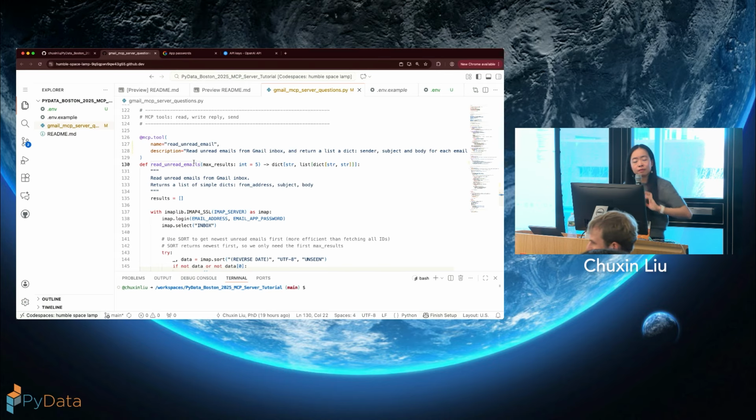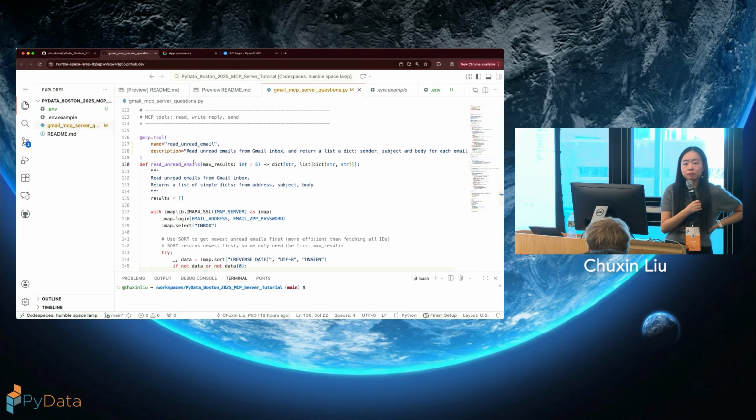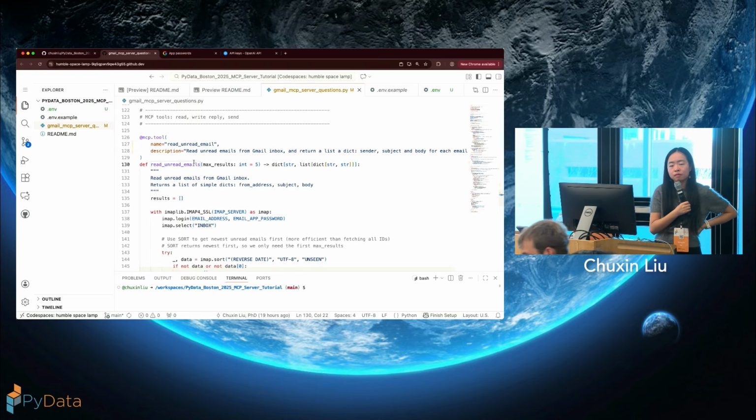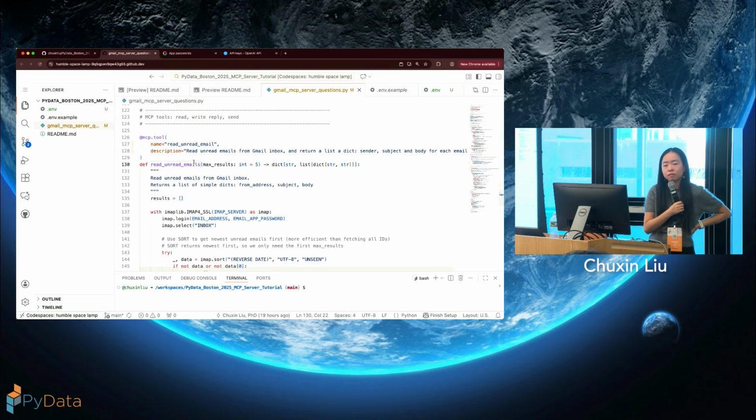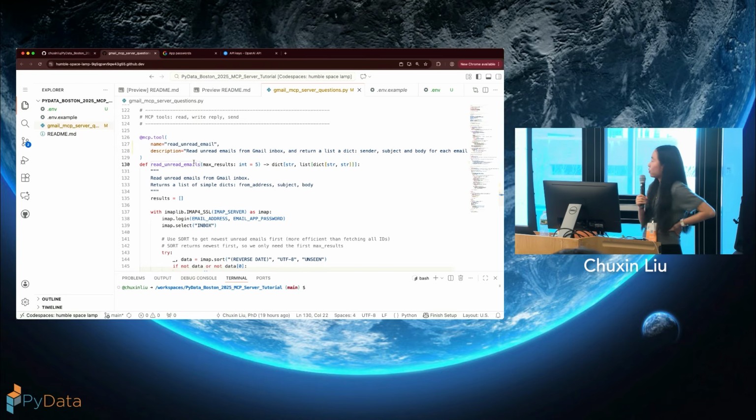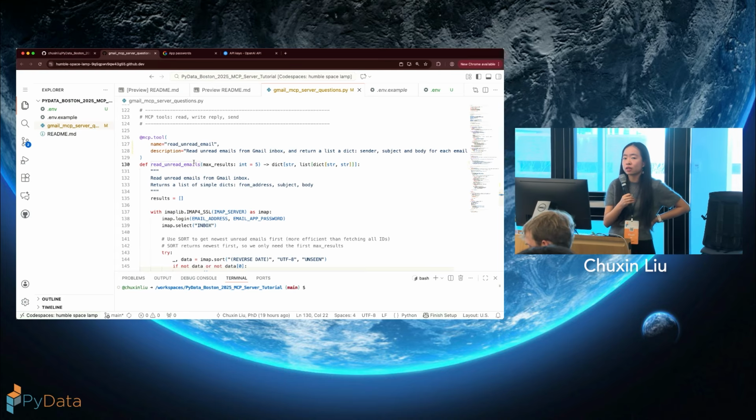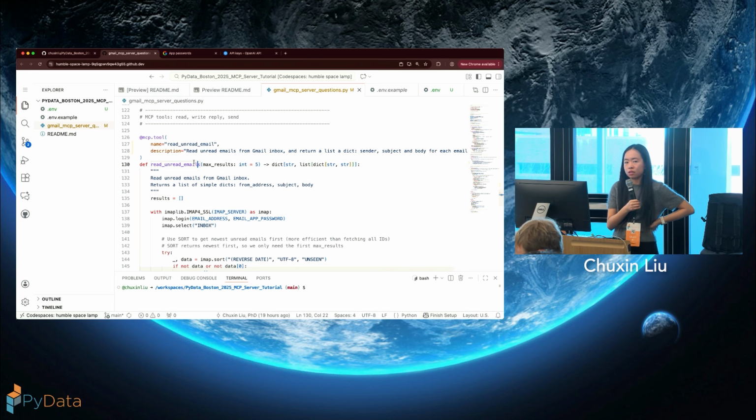When the LLM's deciding which tool to call, does it have access to the actual definition of the function or just the decorator and the docstring? If you put it in your decorator, it will read the decorator. If it does not, then it would read the docstring. But does it ever read the function, like the code itself, and try to understand? I don't think so. It called the function and ran the function. It doesn't read the entire function.